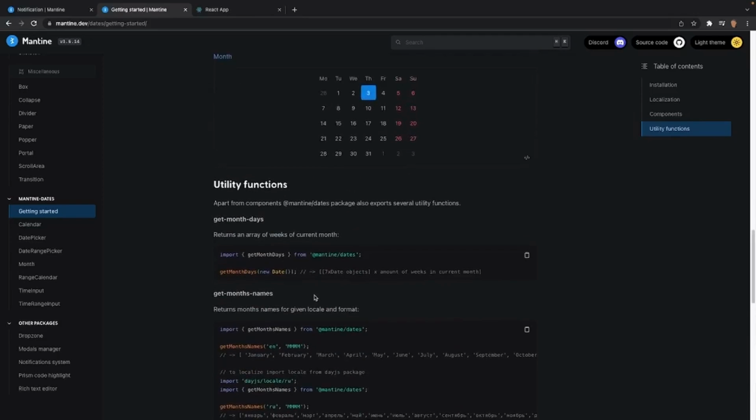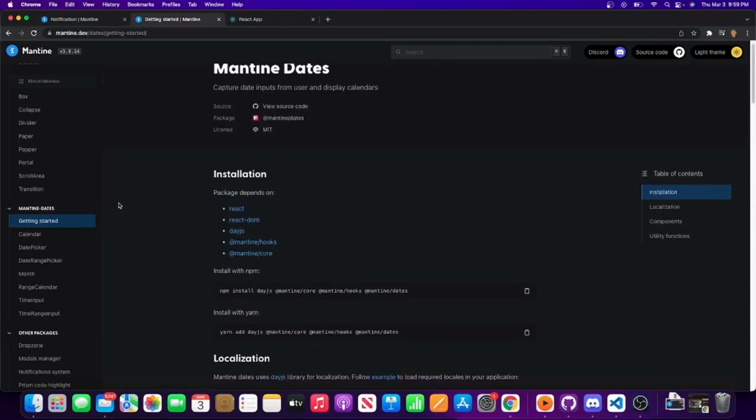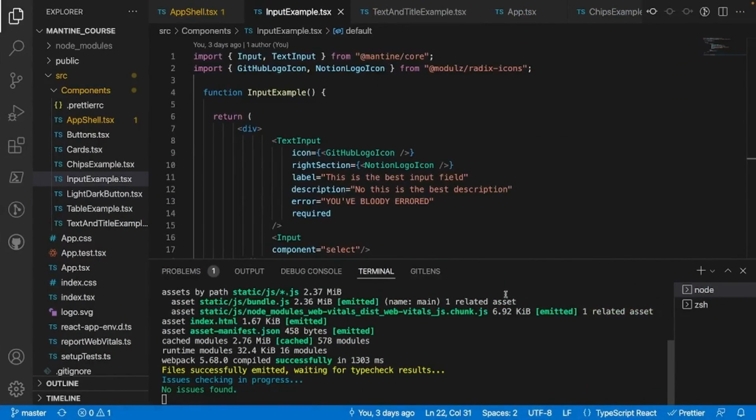In the next video, we'll be talking about how to work with the time input component. So before we end this tutorial, we actually have to install Mantine dates. So I'm going to scroll at the very top, and since we used npm to install it, I'm going to go ahead and copy the very first one right here, and I'll go into our app that we've been building,